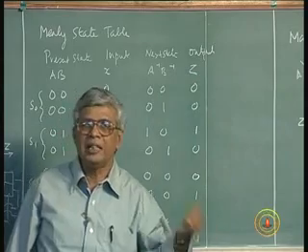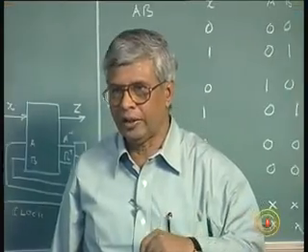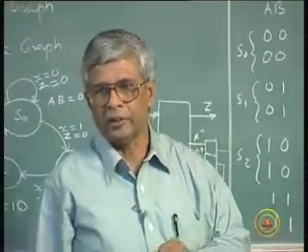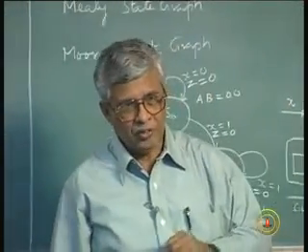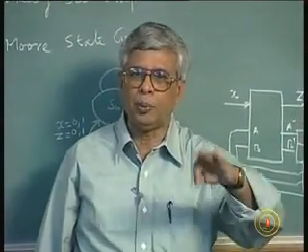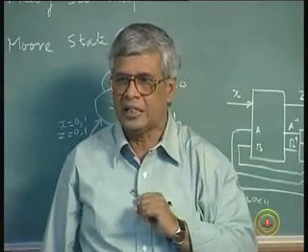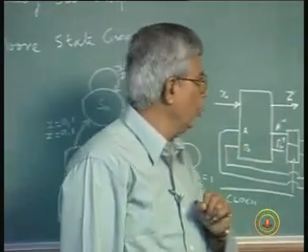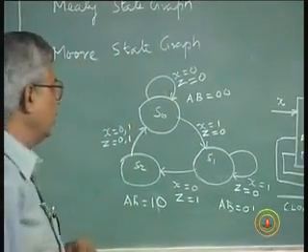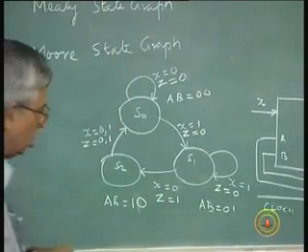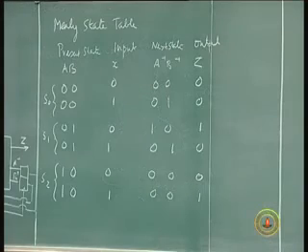This is called Mealy, as I said. A Mealy graph is one in which an output is defined for a state and an input combination. If the output is defined purely for a state and it is independent of the input, the output is the same for that state, such a machine is called a Moore machine. So in a Moore machine, if we now modify this into a Moore state machine,